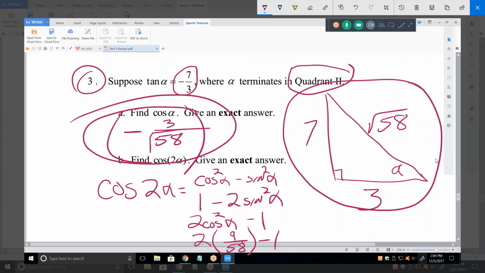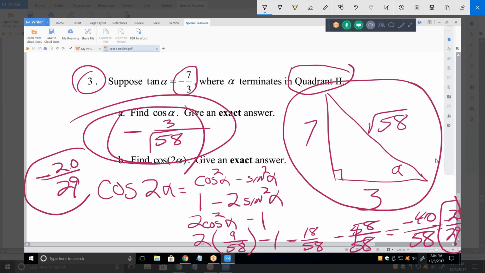Okay. So what is that equal to? That's equal to 18/58 minus 1. Well, that would be minus 58/58. So that's minus 40/58. And that is equal to minus 20/29. I know that's as far as I can reduce it because 29 is a prime number. But the answer here, give an exact answer, minus